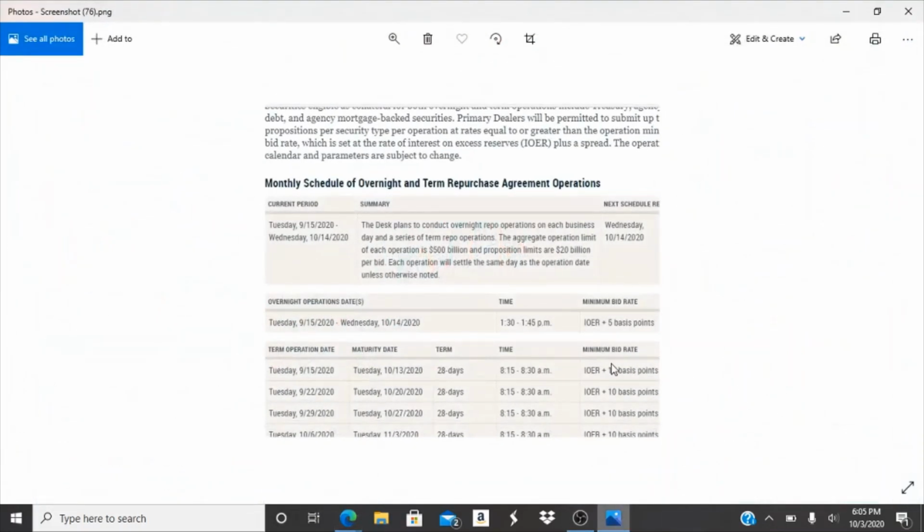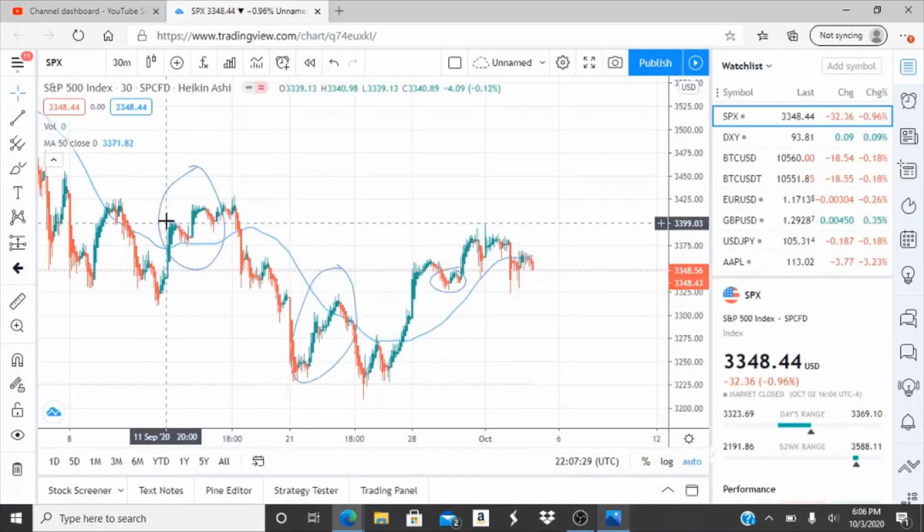These are some of the most recent pumps. This was released right back on the 14th of September, and the next release date is October 14th. So the first one was on the 15th, and we're going to look at that in just a second. The second one was on the 22nd. The third one was on the 29th, and the most recent and upcoming one is 10/6, October 6th. So we're going to look at those dates. So the 15th, this was September 14th.